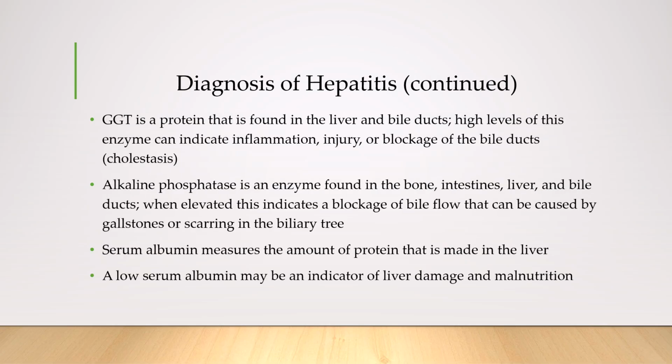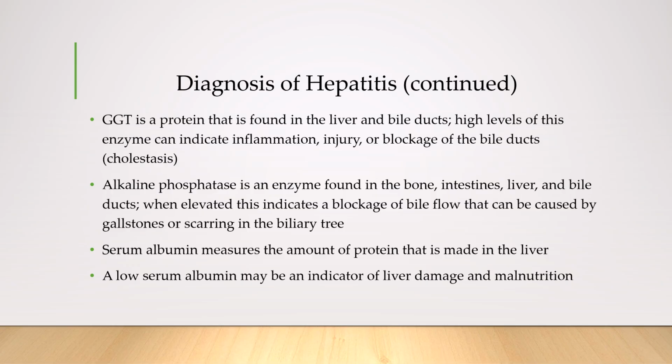GGT is a protein that is found in the liver and bile ducts. High levels of this enzyme can indicate inflammation, injury, or blockage of the bile duct, and we call this cholestasis. Alkaline phosphatase is an enzyme found in the bone, intestines, liver, and bile ducts. When elevated, this will indicate a blockage of bile flow that can be caused by gallstones or scarring in the